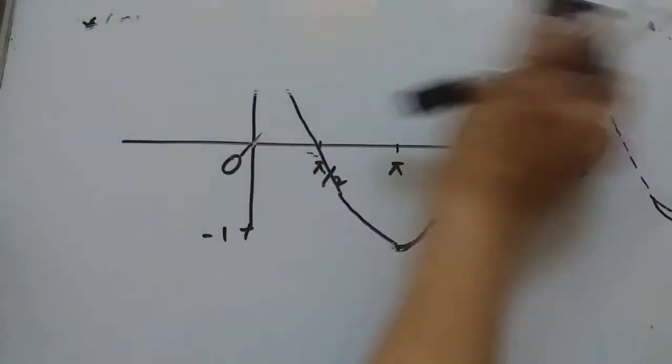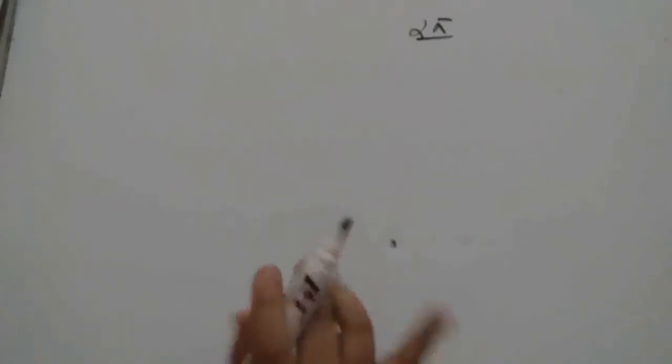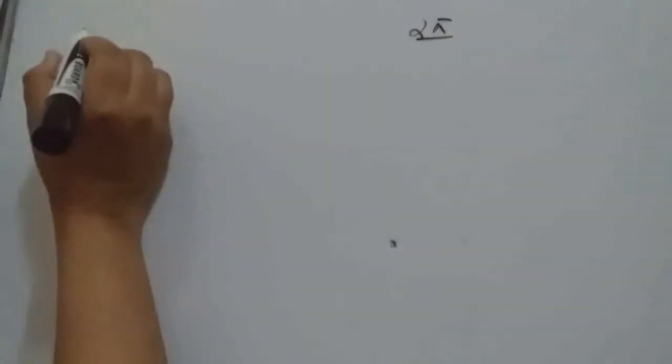Now for cosec x and sec x, they are the reciprocals of sine and cos, isn't it? So the interval will be the same, 2 pi. They will repeat their values after an interval of 2 pi, because they are the reciprocals of sine and cos. So see, what can we say about the behavior of cosec x?